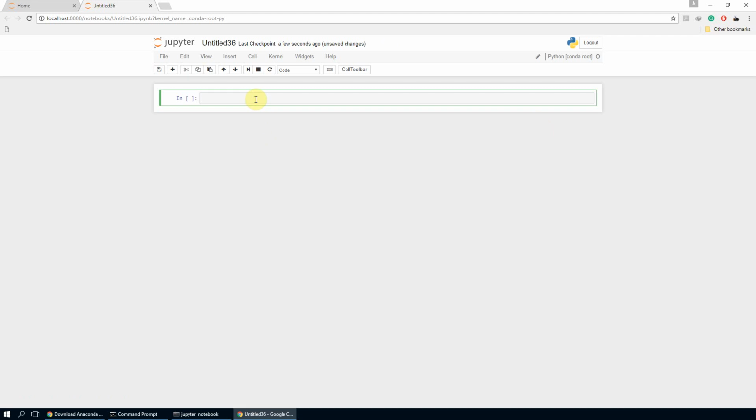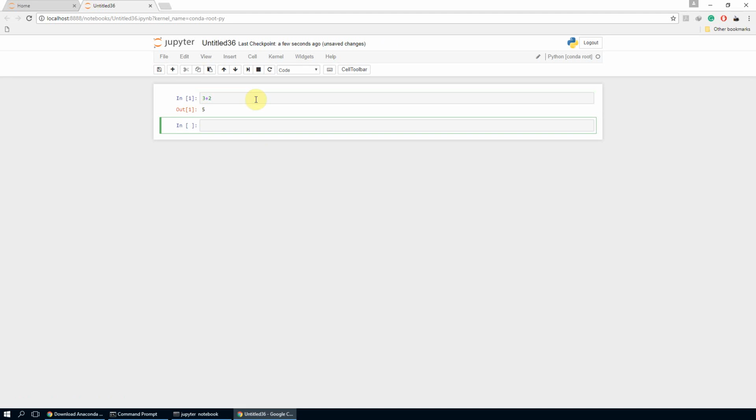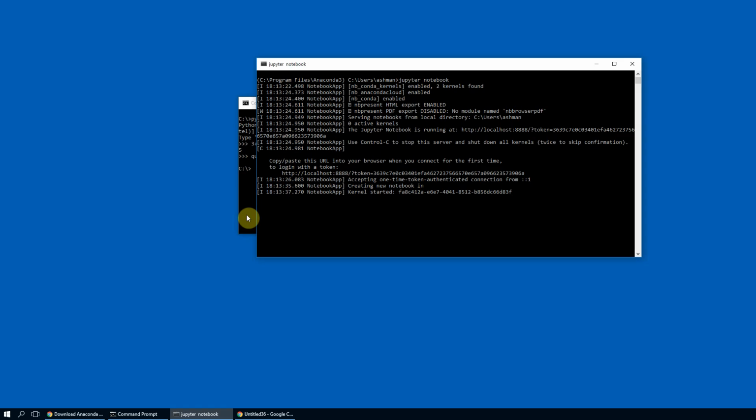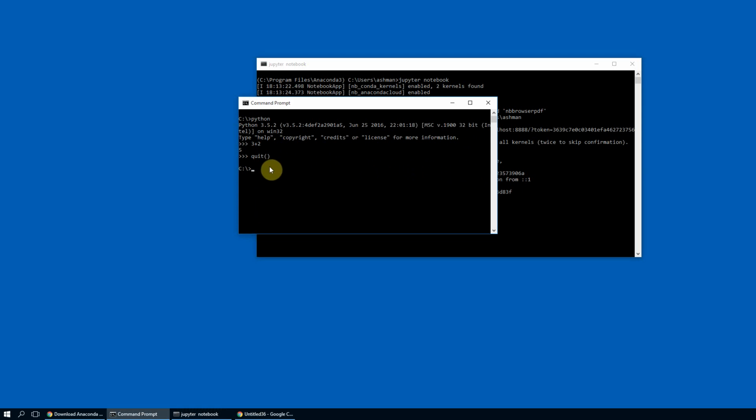Now let's check whether it is working perfectly fine. Once you write your code, you need to press shift and then enter. So it is working perfectly fine. The next thing is to download NumPy. To download NumPy, you need to write pip install numpy,